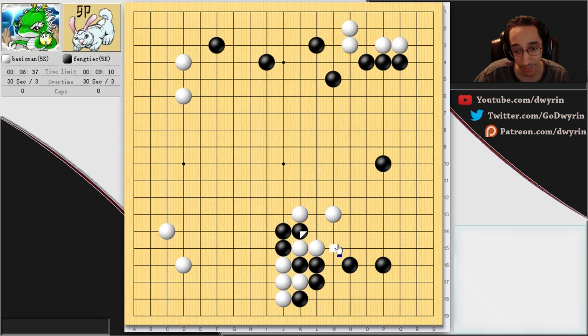Again, I want to play here. I really want to play here. Oh man, do I want to play here. If I play here, then I can bamboo, and then if he jumps, I can cut through him. If he hanes, I can double hane in return. Because he wants to play here and then go...